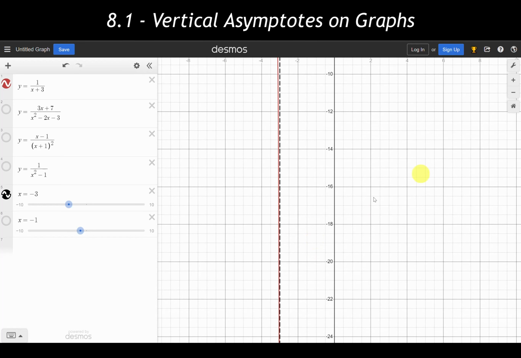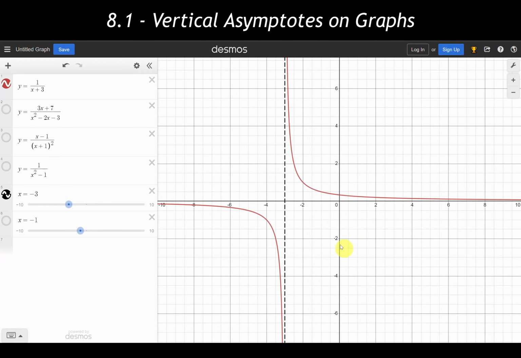This is again because we cannot have any division by 0 showing up. We get these vertical asymptotes, or areas where we cannot have any actual output value showing up. And this is what it ends up looking like graphically: areas showing up that we just can't cross. So let's take a look at our second example.